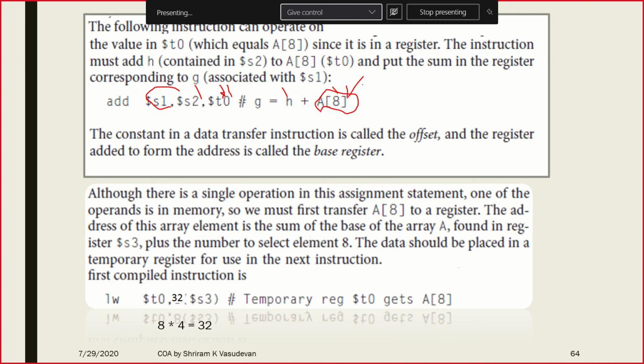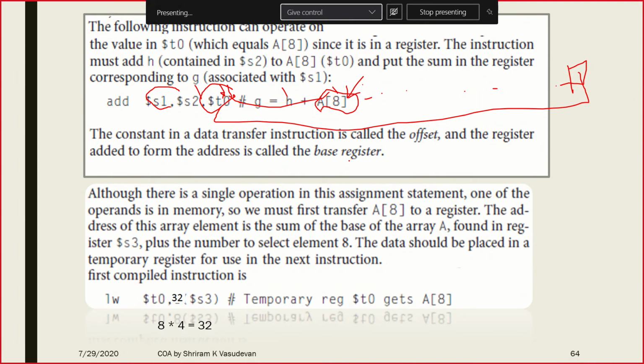This is the content in the array. I move from the array. This is the array. For instance, A of 8 is here. I need to take the content from this A of 8 and put it here. As of now, I assumed that T0 has got the content from A of 8. So what do we do? We need to load. I am stressing that term again: we need to load the content into T0.